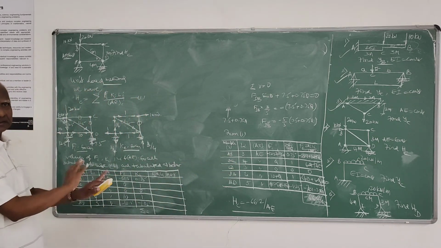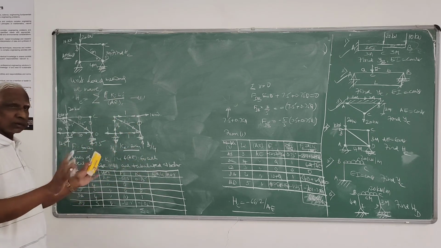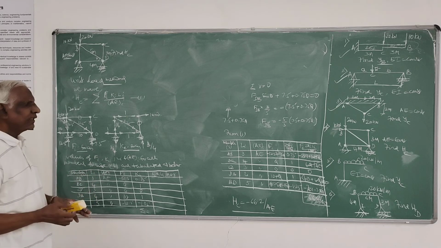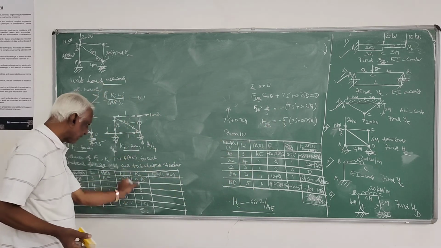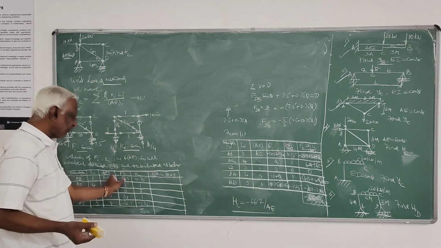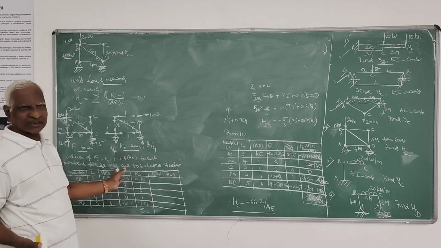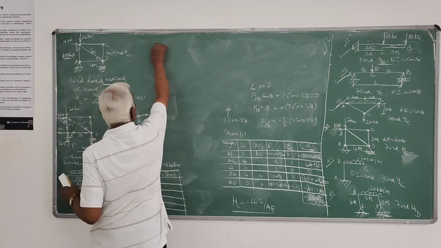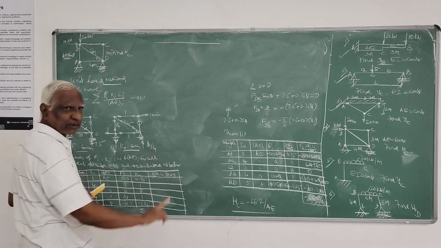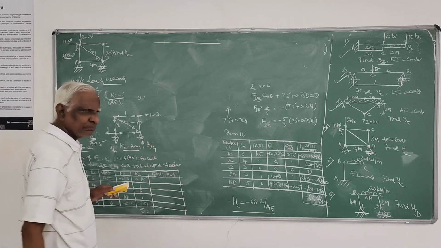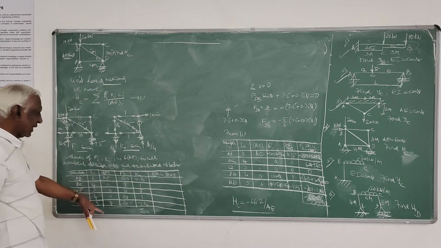In order to see that the values have to be the same, because Castigliano's and unit load are both similar types of procedure. Here, instead of delta F by delta Q, unit value, whatever forces you are getting, that you have to get. And Fi, no change. Only the Q value you can put, and you will get whatever that value is. So if you tabulate it, now it is sure the calculations are okay, except that we got one mistake there, particularly. So these values of Fi are tabulated as below.